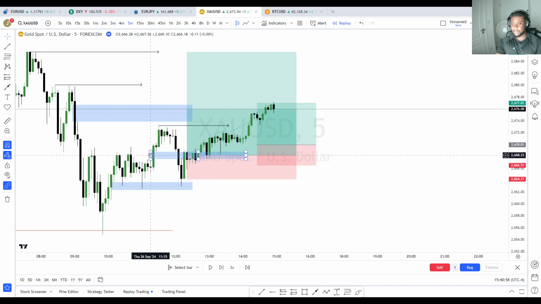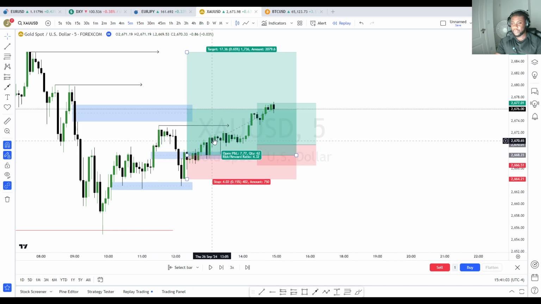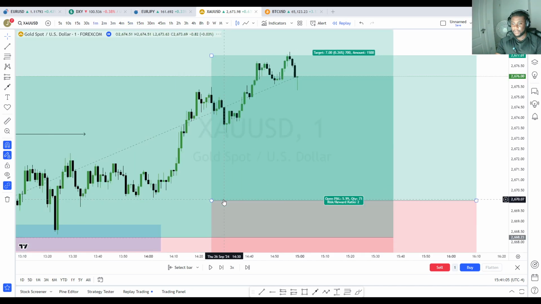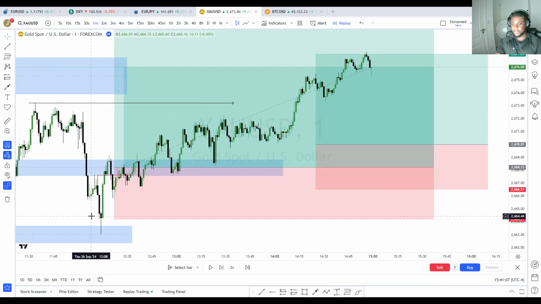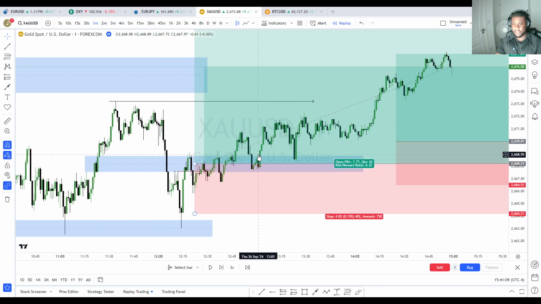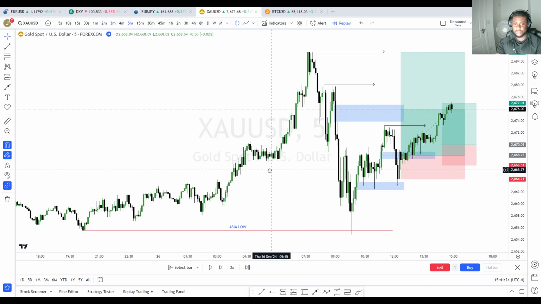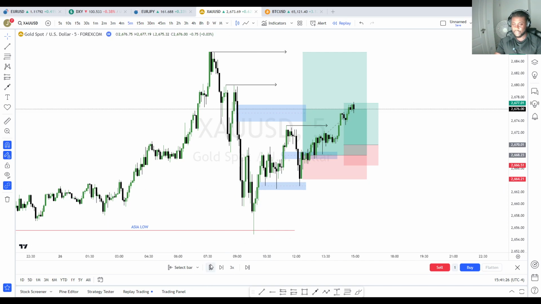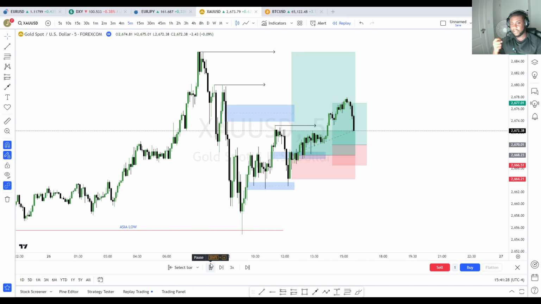As you can see, we had a lot of tests back into the original 5 minute imbalance that I was looking out for earlier. But then we also had tests on the lower time frame. I always say this, there's so many different ways you guys can interact with the market. You could have entered off of this pullback here on the 1 minute. You could have entered off of this pullback here on the 1 minute as well. So you got entry here, you got entry here, you got entry here. There's many different types of entries that you can use to your advantage once you have a strategy that works very well.